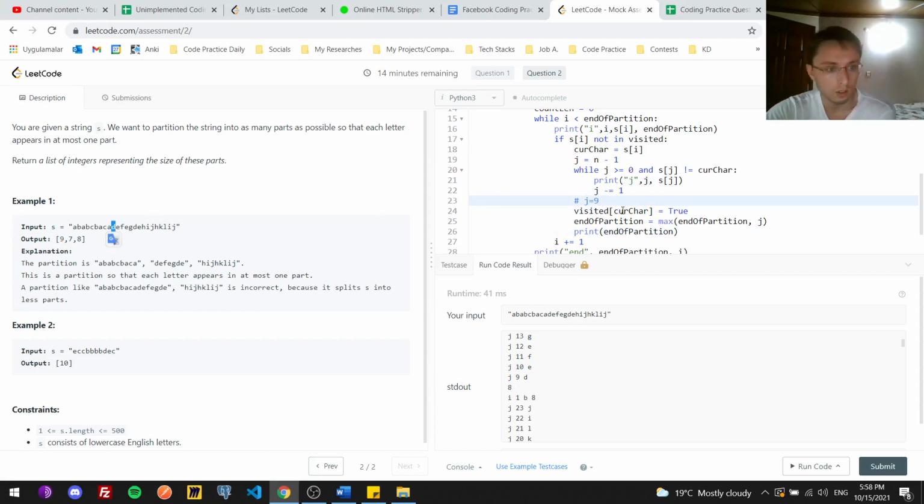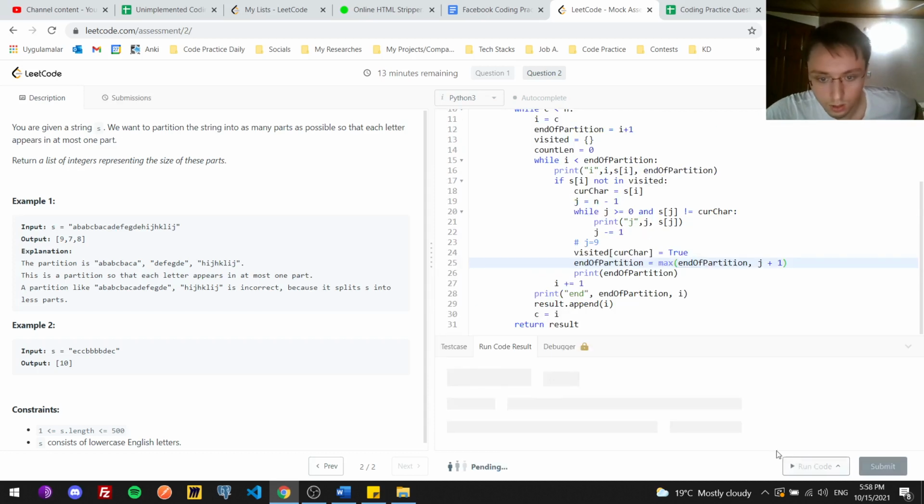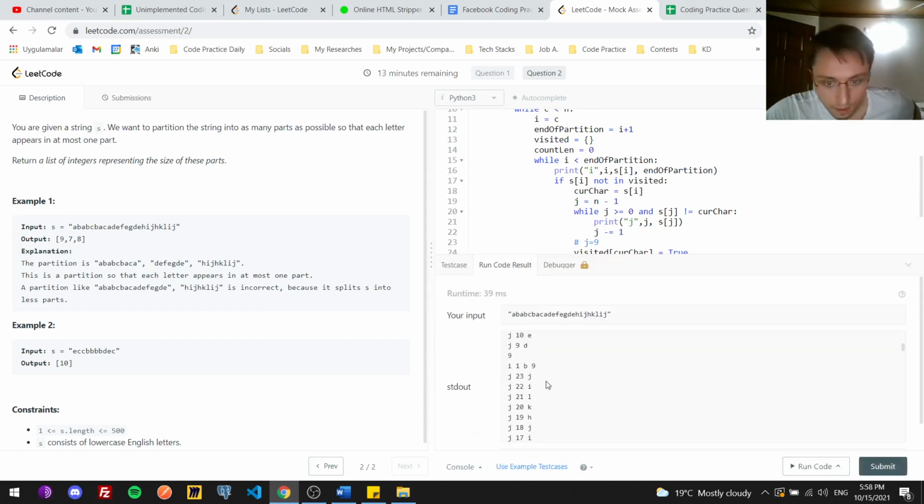I visited A. Now end of partition is J, D. Yeah, now it becomes 8, why 8? It should be 9. I start from I1